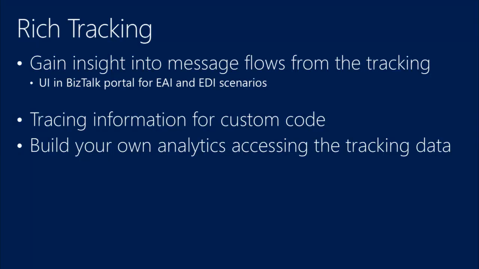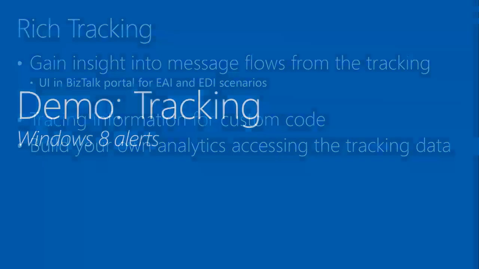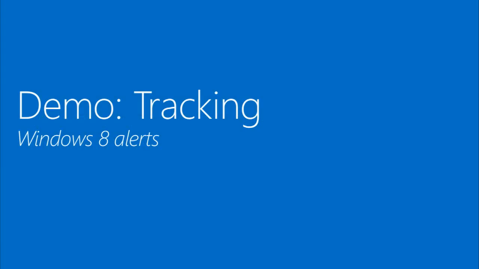So what I want to highlight is I want to take that tracking data, plug in a mobile application, actually a Windows 8 application, and be able to receive alerts whenever there's a problem, right? So this gives me the proactiveness, saying that I'll go to the tool only when it's required, right? So let me switch back to the